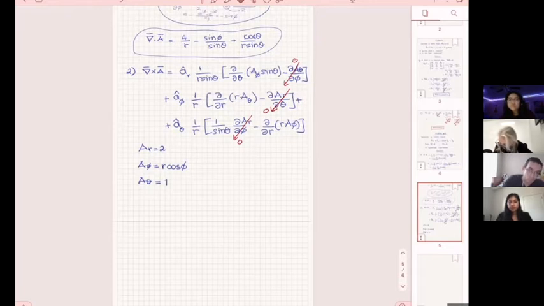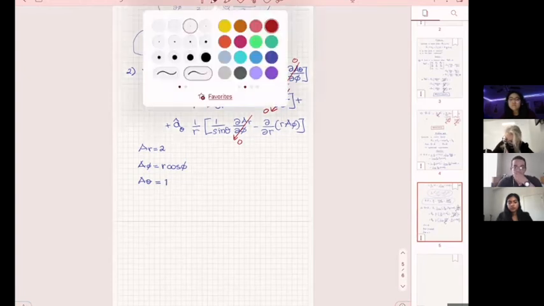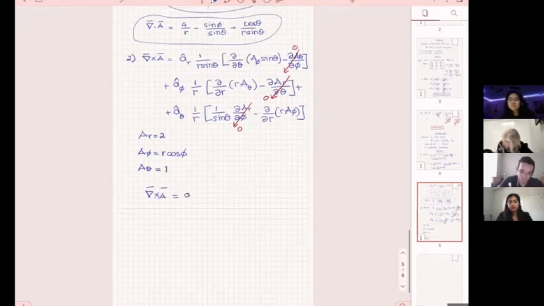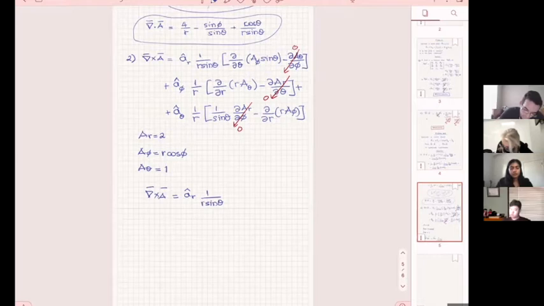A sub r theta, A sub r phi, that goes to 0. So now what we have is the following. We have A sub r, 1 over r sine theta. A sub phi is r cosine phi, so I will